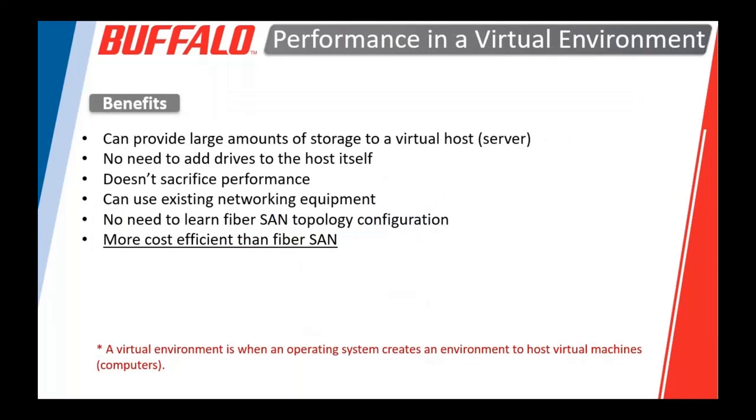So some of the benefits: you can get a lot of capacity for a much lower cost. You don't have to purchase additional drives to go into the server itself or buy a new server with more drive space. It performs very well, especially over 10 gigabit. Obviously, it's not as fast as all flash storage inside the server, but generally speaking,